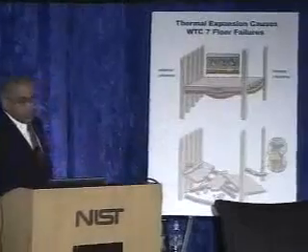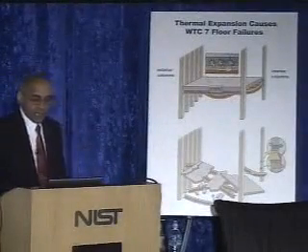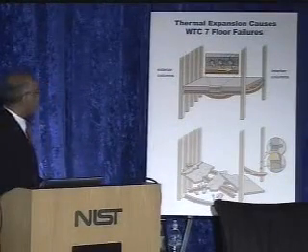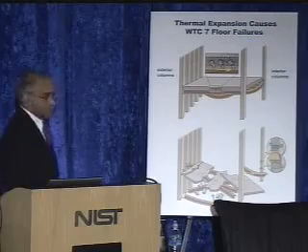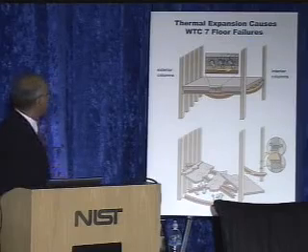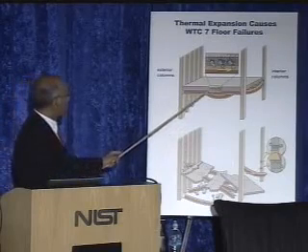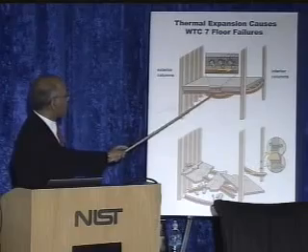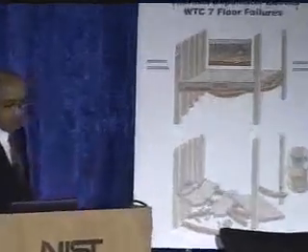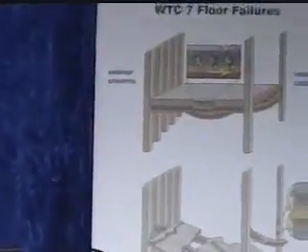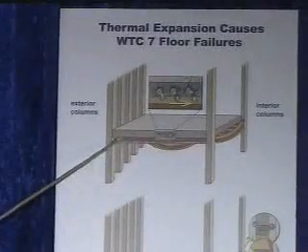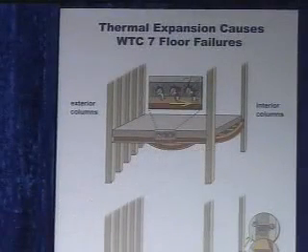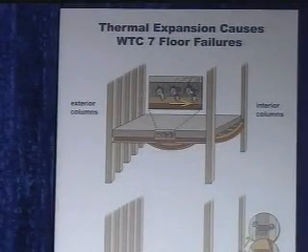And as you all know, steel expands much more than concrete, and so there's differential thermal expansion that occurs. As a result of this differential thermal expansion, the studs that connect the steel beam to the concrete slab fail, and therefore you have a situation where the girders, the beams are free to expand